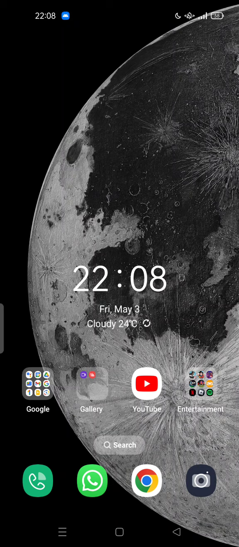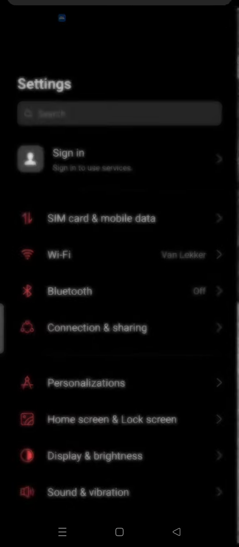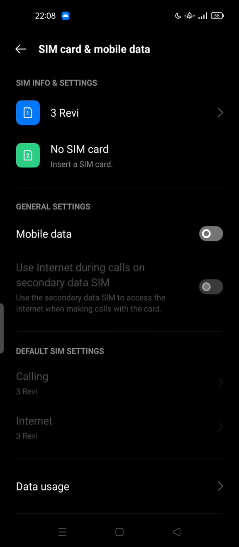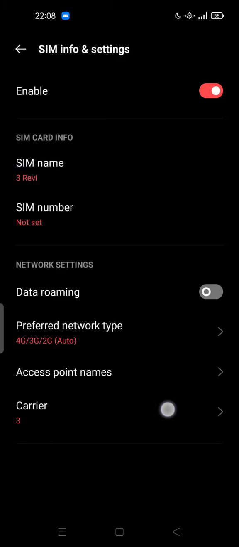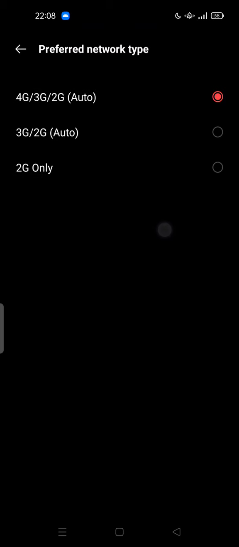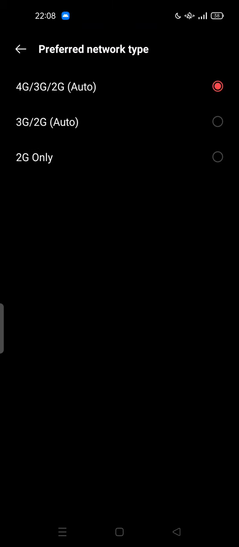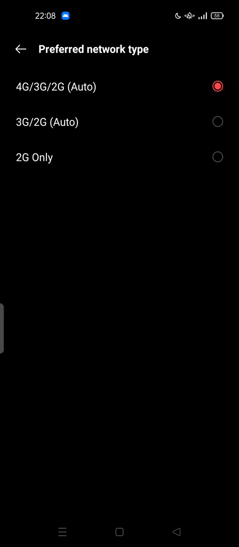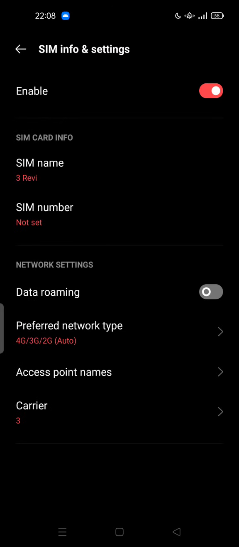So let's get started by tapping the settings button, then tap the SIM card or mobile data here, and tap your provider. You have to use the preferred network type, the highest one. If you have a 4G phone, you can use it, or like me, you still use the old phone. 4G, 3G, or 2G, you have to make this the default. And also